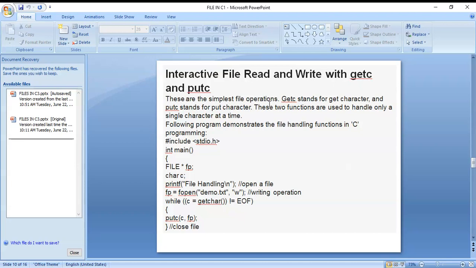What is in the program? #include <stdio.h>, that is the header file. Then the main function, int main, with opening and closing braces. Inside the curly braces, the file pointer is fp. Next, c is a character data type. Next, printf file handling. Next, fp is equal to fopen of